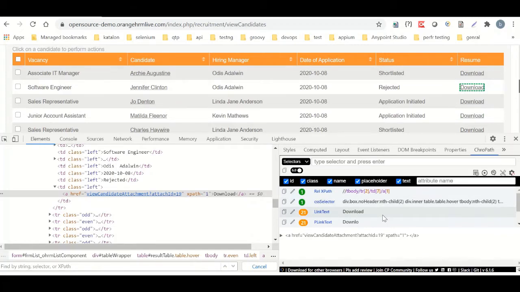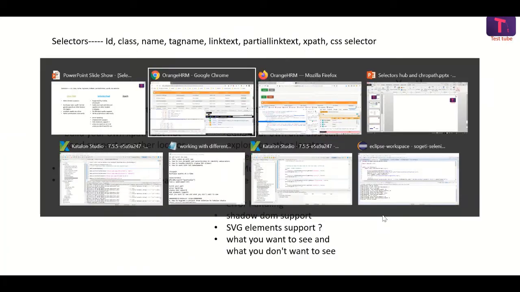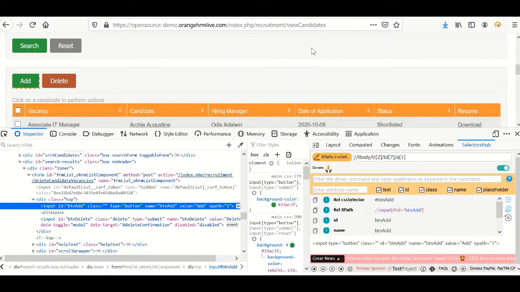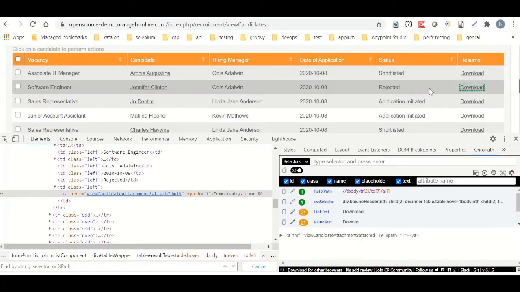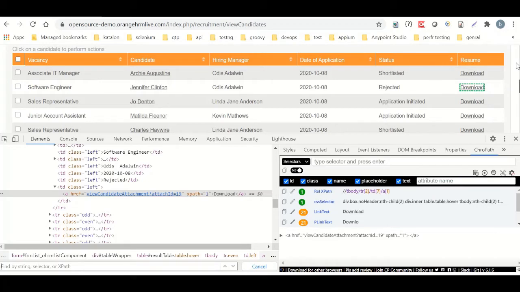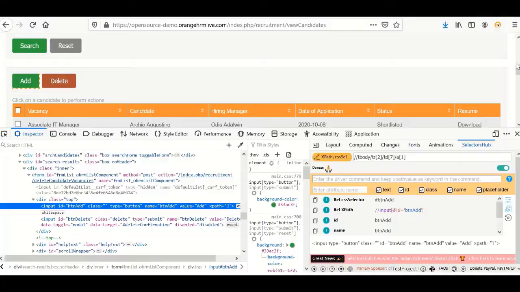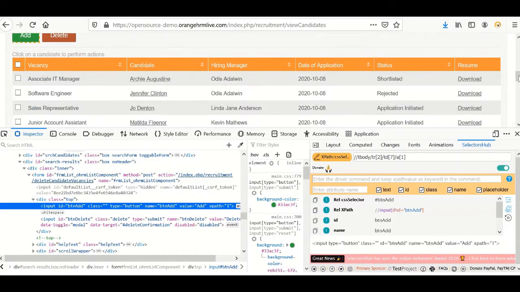And let us see the same thing in Selector Hub, how it is. So even for Selector Hub also, you go to Google and download it. Here I have installed it for Firefox, and I have installed chropath for Chrome. I just want to show that Selector Hub is also supporting Firefox apart from Chrome. I'm going to show this in Firefox. So this is my Selector Hub tool in Firefox. Now let me inspect the same element